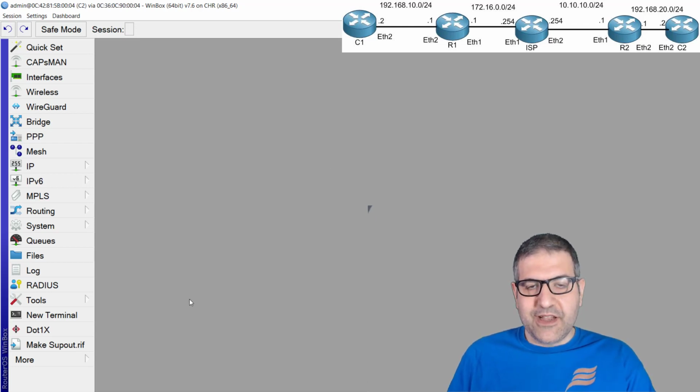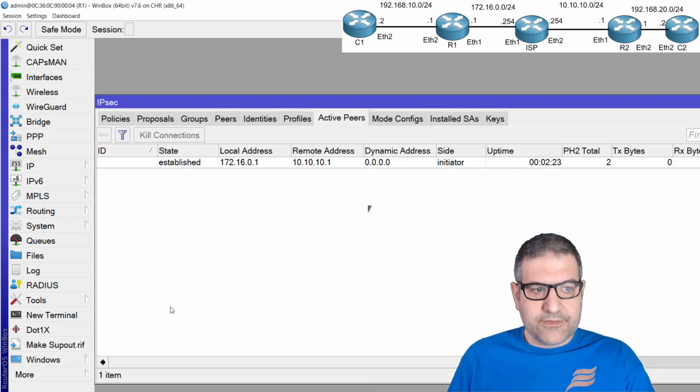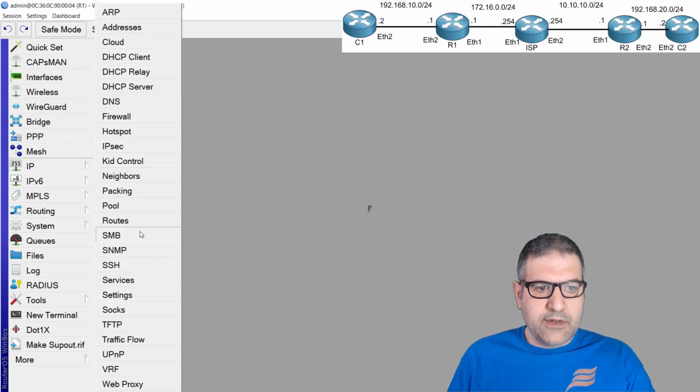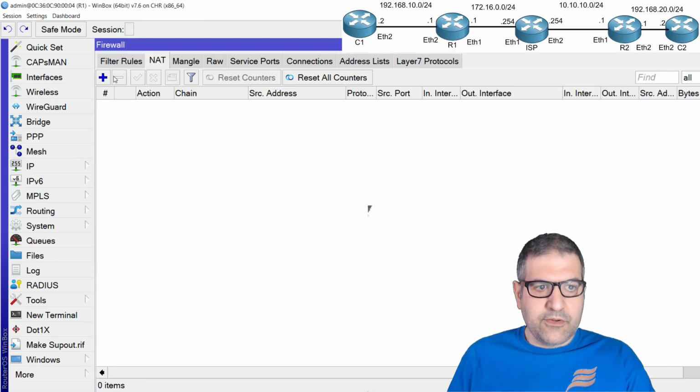And that's something we have to always remember, that with IPSec by itself, which we are using now, in main mode, NAT is not traversed. So you need to create a NAT rule for the IPSec traffic. So how to do that? We have to go to router 1 first. And then we go to IP, and we go to firewall, and we do a NAT on router